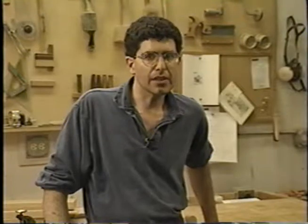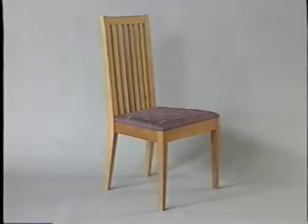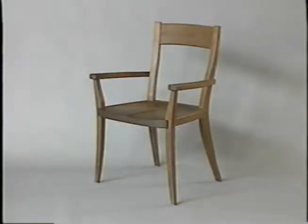We've got an hour here, and so we'll only look at three of the most common chair types. But we'll cover most of the important technical issues involved in making them. We'll look at frame chairs, that is, chairs whose legs are held together by rails with mortise and tenon joints, or with dowel joints. Post and rung chairs, framed up from dowels or cylinders turned on a lathe. The joints are round tenons, fit into round mortises. And we'll look at chairs with plank seats and legs that attach with the aid of mechanical fasteners to the